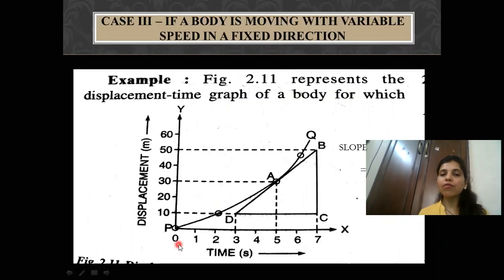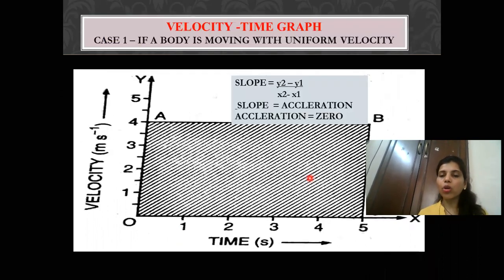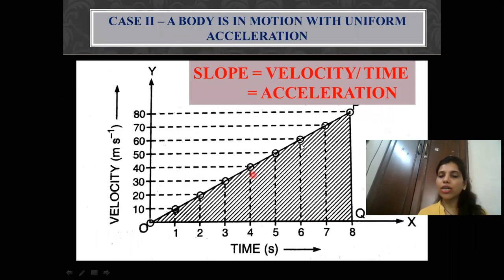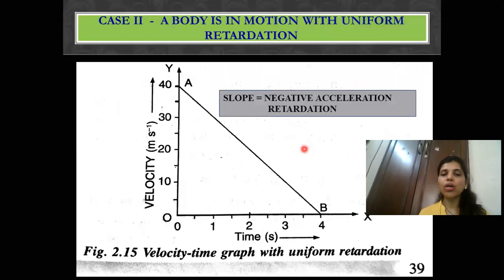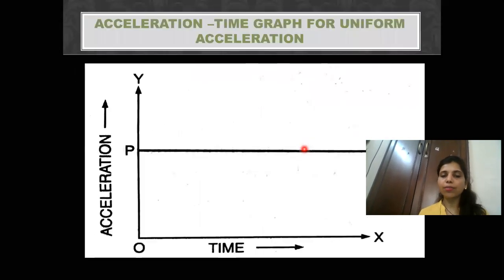Now after that, if it is a curve for displacement time graph, if you calculate the velocity, you will see that the velocity is changing. But when the velocity is changing and you will plot it, you will get a straight line graph. When you get a straight line graph, you have to understand that the acceleration is uniform but the velocity is variable. So if you convert this graph into acceleration versus time, you will get a straight line graph.